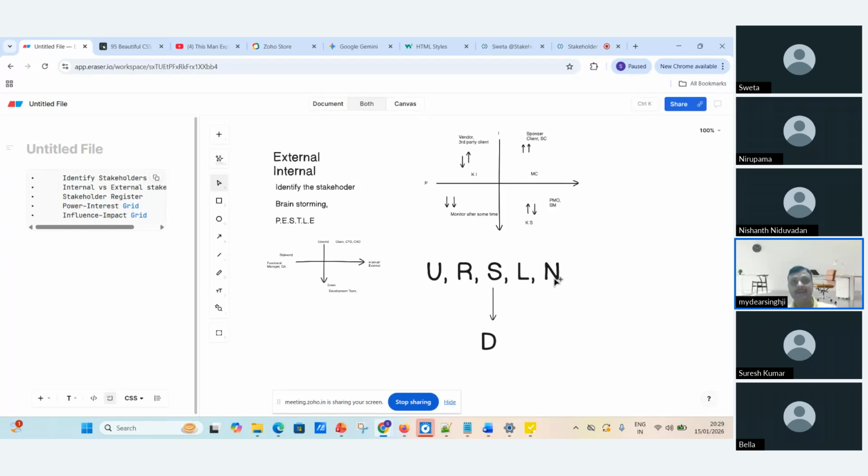Next is coming, sometimes written as natural, or sometimes neutral. In some books it is written natural, in some places neutral. So we go with neutral. Some of the stakeholders are very neutral. If you ask, he'll reply; otherwise, he won't reply.